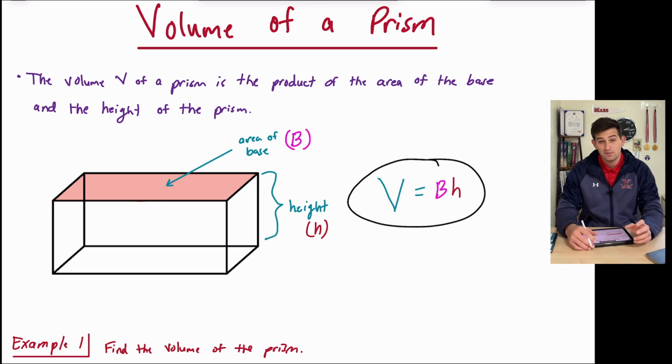We've seen lowercase b before, and typically that would just be the length of the base of a shape, but a capital B is going to represent area of the base. So it depends on what shape your base is in order to find the volume of that shape. So if it's a rectangular prism, then the base is a rectangle, so the area would just be length times